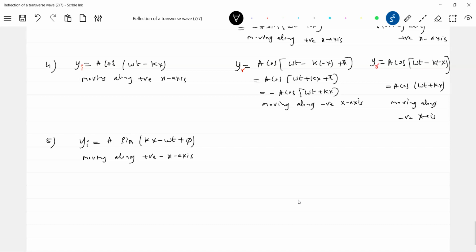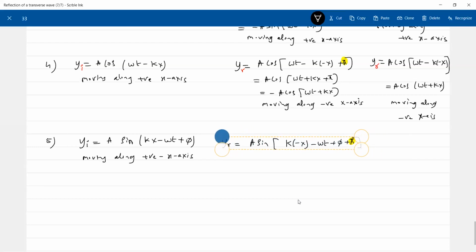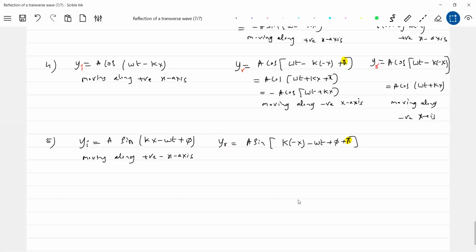So I'll stick on to reflected by a rigid end, a sign where the direction of motion changes, so minus x. Now why this pi? Why that pi? Because reflected by a rigid end. Then this will become